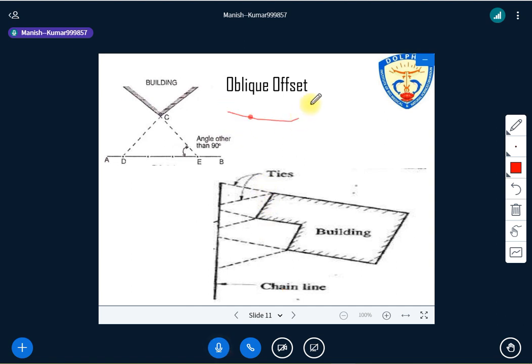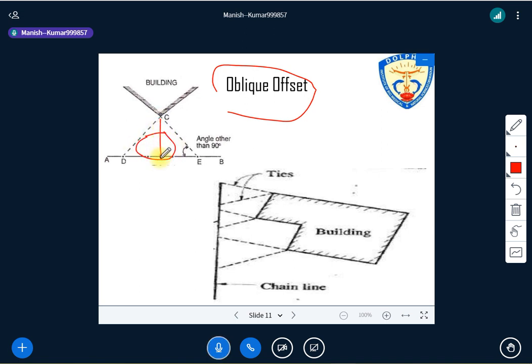As I told you, if the angle is not 90 degrees, and you are putting the two points, then you are missed. So why are you supposed to take this angular measurement? If you get a certain kind of obstacle in a line of sight, you are drawing the chain line. Now you have to locate a certain building. There may be chances you are getting a certain kind of obstacle where it is very difficult to draw the perpendicular.